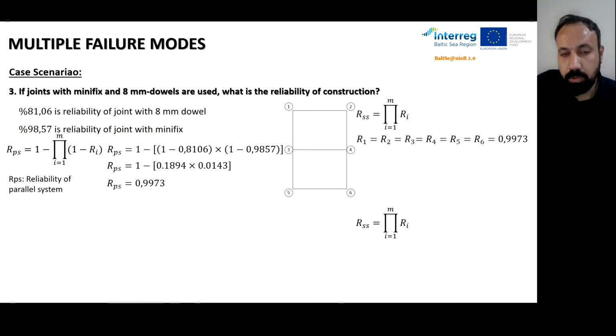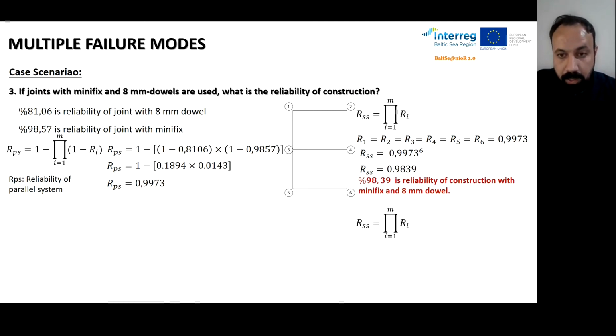So when I go to the reliability of the construction, I need to check all of the joints together, not just one of them. That's why I need to use a series system. This 1 to 2 is linked to each other with a series system, and 2 to 4 is linked to each other with the series system. So I need to use the reliability equation for series system. In one joint, I find that value, and if I take its power of 6, my reliability is getting higher,